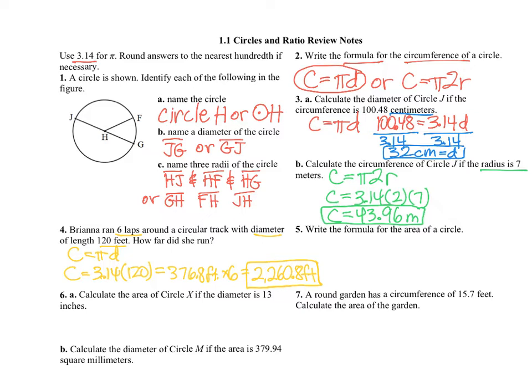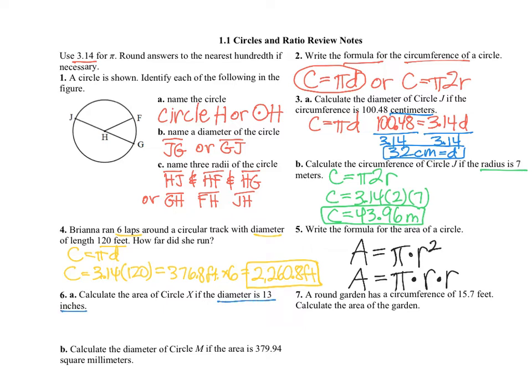Next is to write the formula for the area of a circle. Area equals pi times r squared. One of the ways that I encourage you to write it, because so many of you, when you squared it, instead of squaring it, you multiplied it by 2, is to write pi times radius times radius, because that's what r squared means. So now it's going to ask us to calculate the area of circle X if the diameter is 13